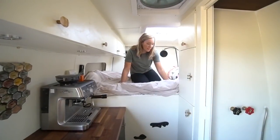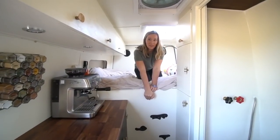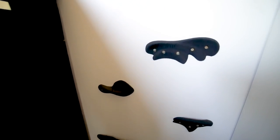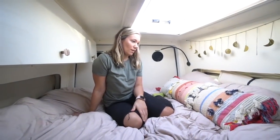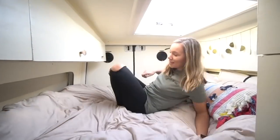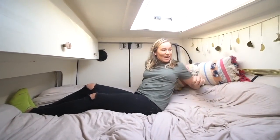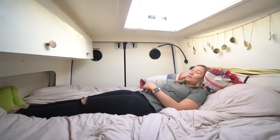So this is our bed area, and we bought rock climbing holds to climb up here because they felt more out of the way than a ladder. And we also like to rock climb, so it seemed fitting. We have a queen-sized bed, and Cody is 6 feet tall. I'm almost 5'9", and we sleep this way. I'll show you guys. So we sleep this way,